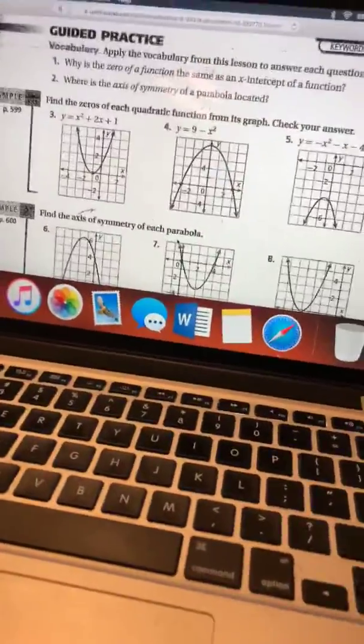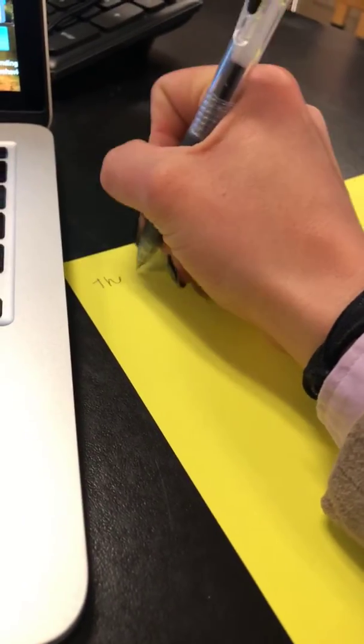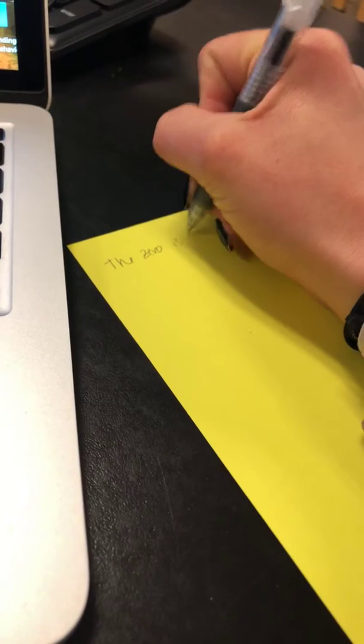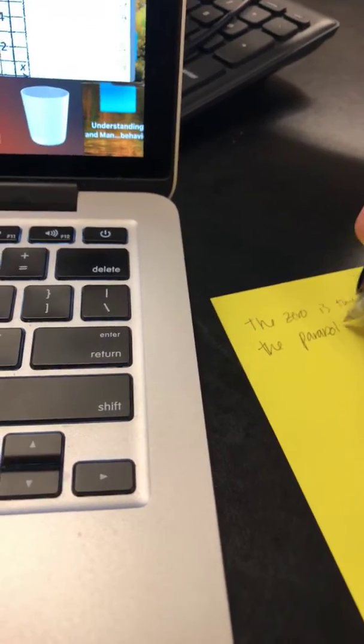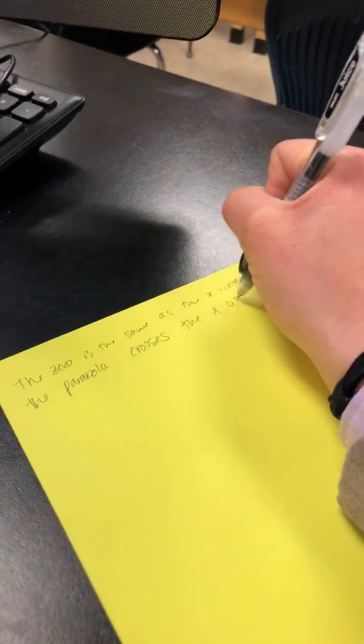After that, I'm just going to go ahead and let you know the zero of a function is the same as an x-intercept, because it is where the parabola crosses the x-axis. Beautiful. And then number two,